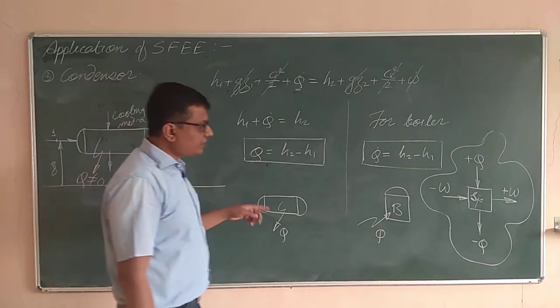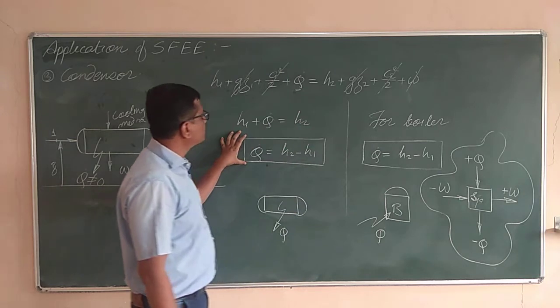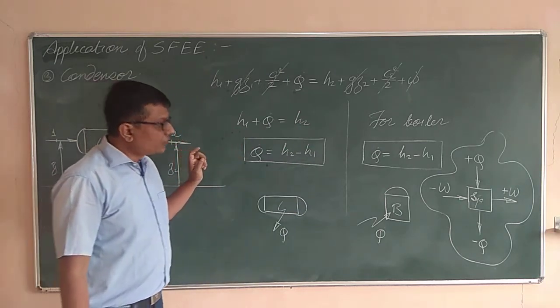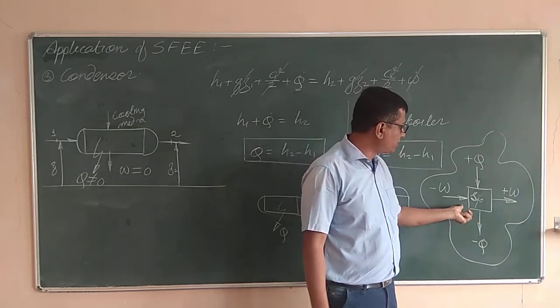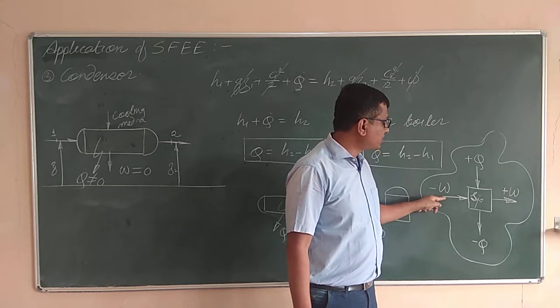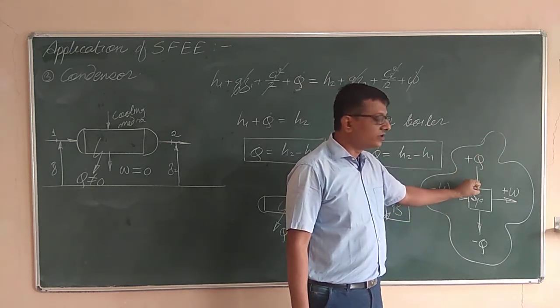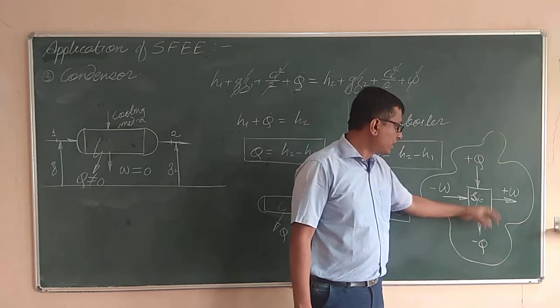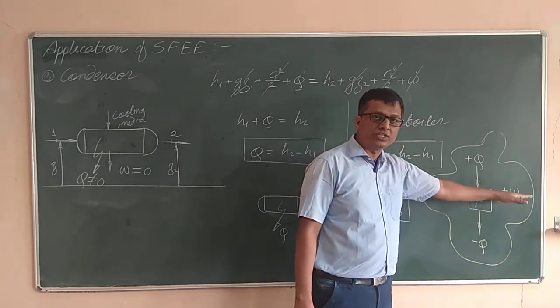But again, when we solve the numericals based upon the steady flow energy equation, we will see the sign conventions used while applying the steady flow energy equation and the first law of thermodynamics to any of the systems. These are the sign conventions. If the system is absorbing heat, that is positive. If it is rejecting heat, that is negative. If the system is absorbing work, it is negative. If it is delivering work, that is positive.